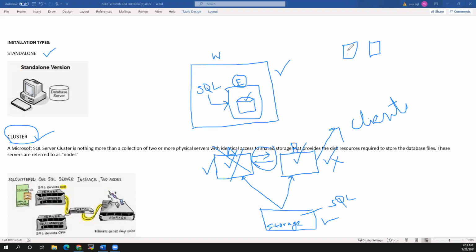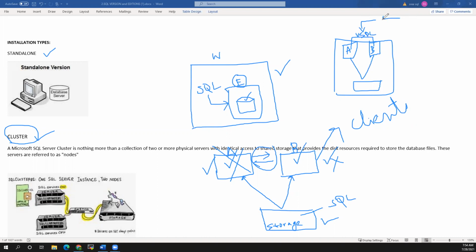For this node we will have a name as A, and generally this node will have a name as B. For this one you are attaching the storage. So from the outside world, how do people know which server they need to connect to? They don't know, right? So what we will do for both is create one virtual name like VSQL something. This is our instance name.